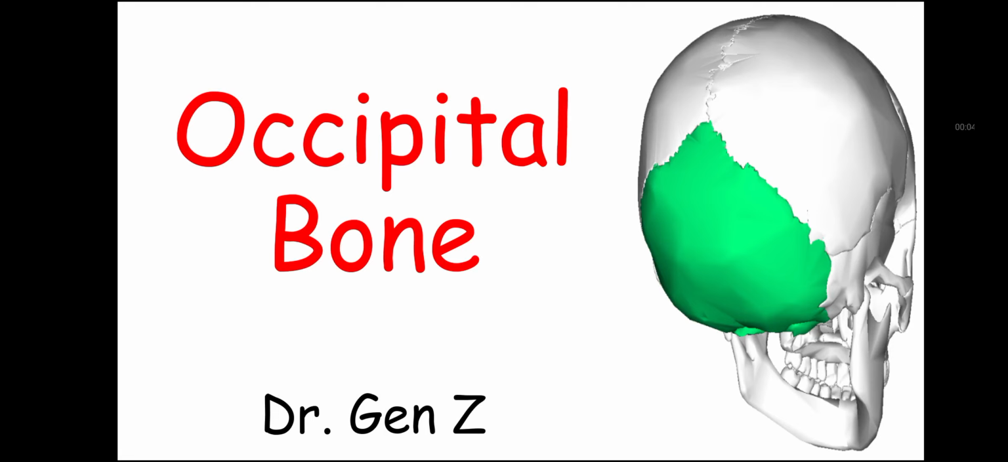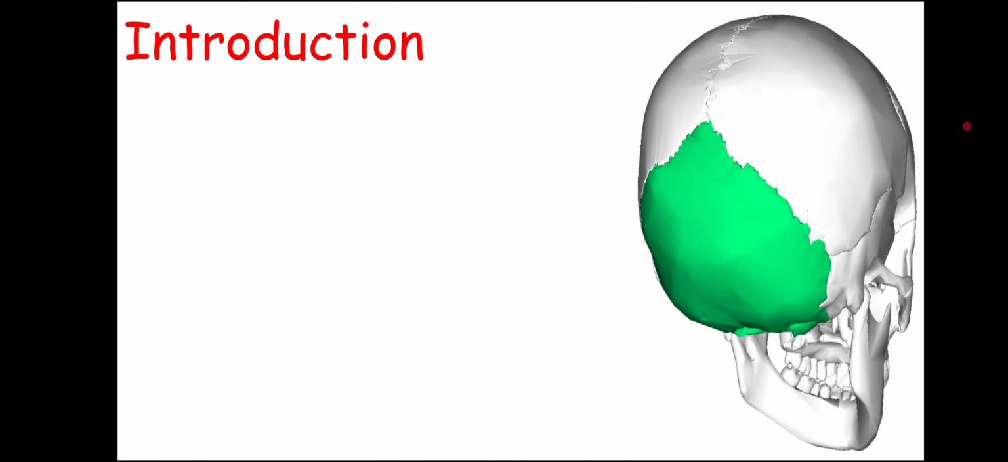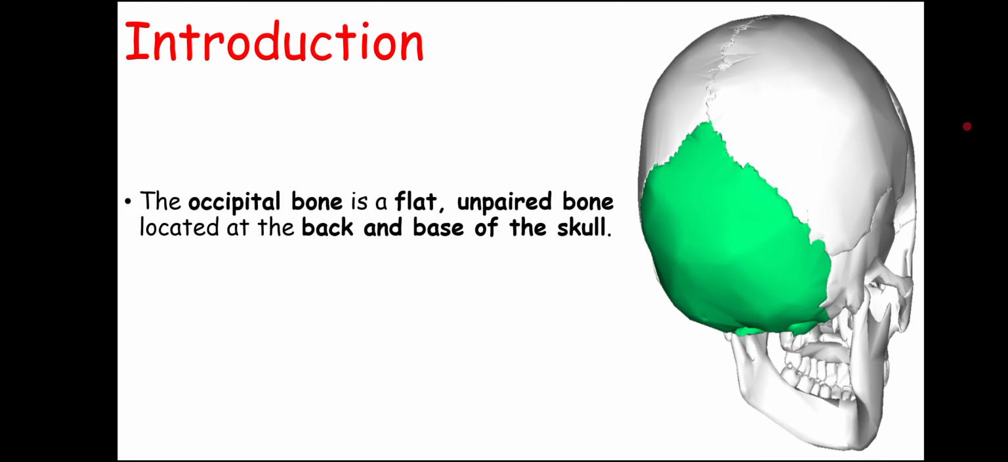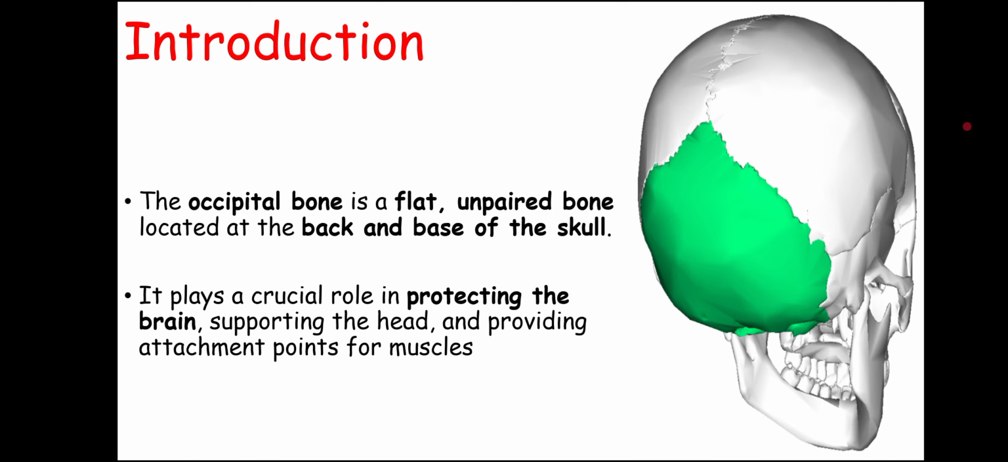Today we are going to talk about occipital bone. We will start our topic with introduction, and here you can see the diagram of the skull, and the green part of the skull is occipital bone. Occipital bone is flat, unpaired bone. That means there will be only one bone in every skull, and it is located at the back and base of the skull. It plays a crucial role in protecting the brain, supporting the head, and providing attachment points for